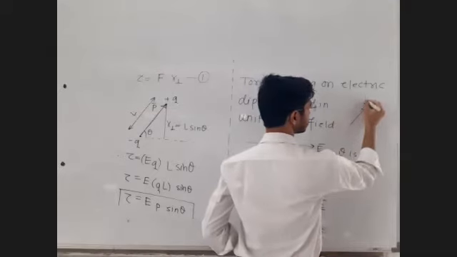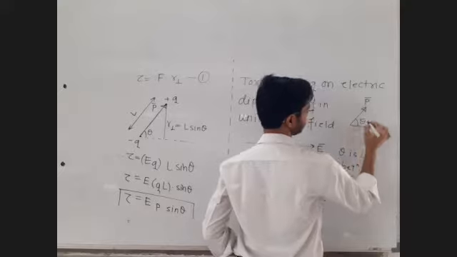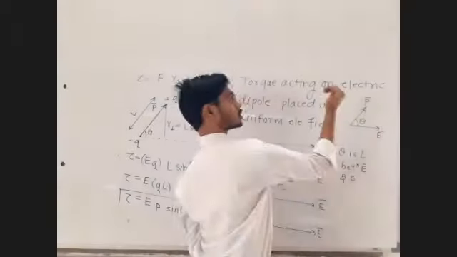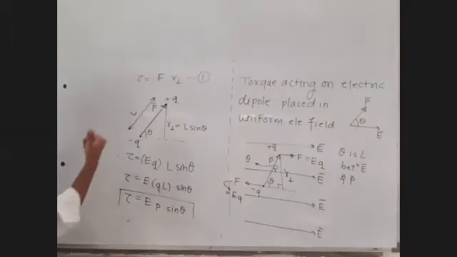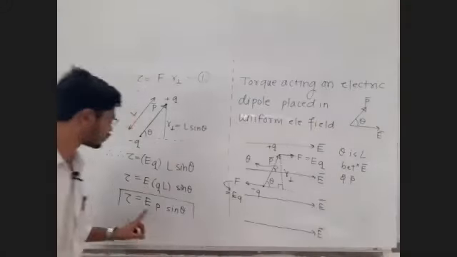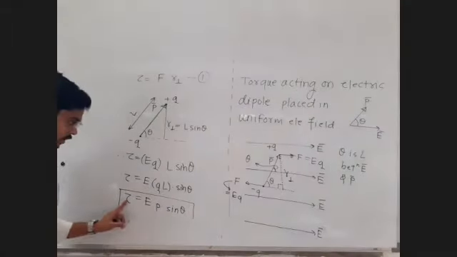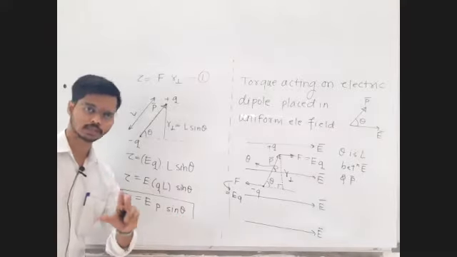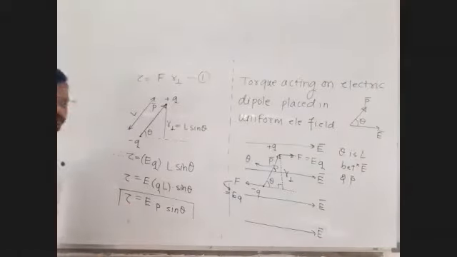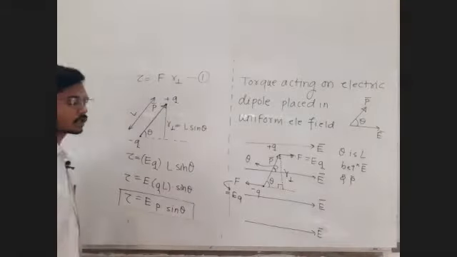This is P bar, this is E bar, this is the angle theta between them. What to do, P cross E or E cross P, so that we can have a vector relation? Tau bar I want to write. I know this is the magnitude of the first vector, this is the magnitude of the second vector, into the sine of the angle between them. But the direction of torque and the direction of the cross product should match each other, because mathematics says vector equals vector, scalar equals scalar. Right now we have the scalar form. I want to convert this into vector form.